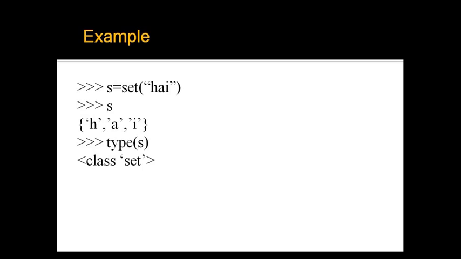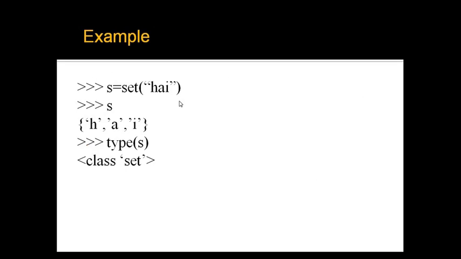To create a set, you simply type the name of a variable equal to the keyword set and pass the value. When you try to print it, the value will be split into elements. It is not certain that these elements will come in the same order as you passed them. Every time it will be in a different order. That's why it is called an unordered collection of elements.